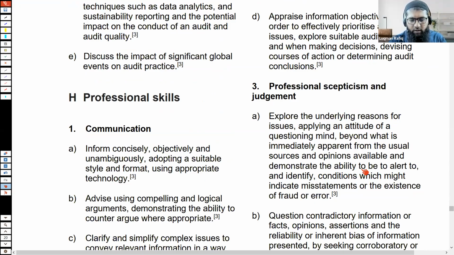Then there is professional skepticism. What is this professional skepticism? It is basically